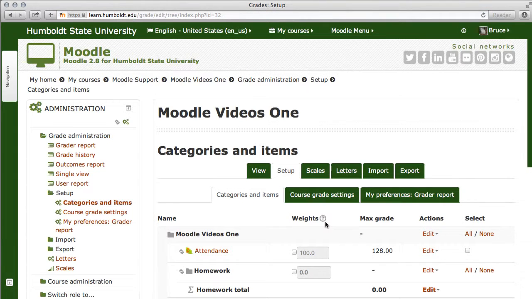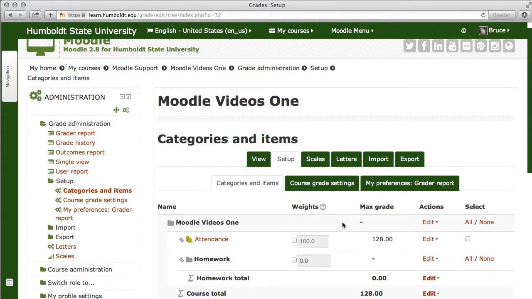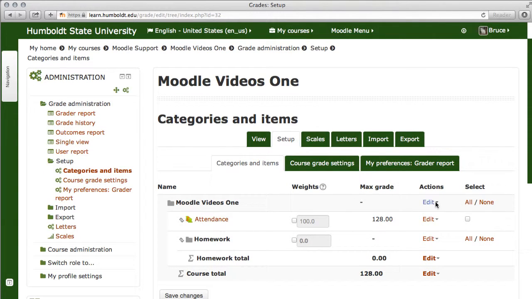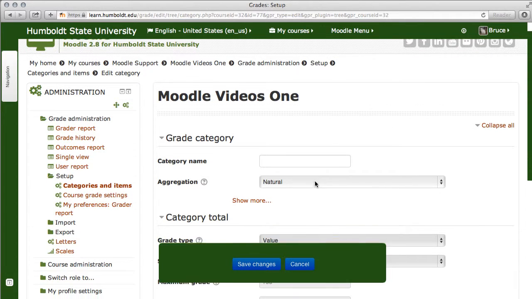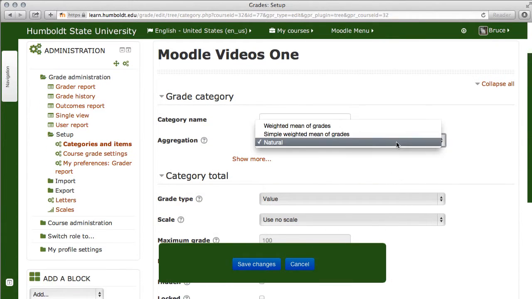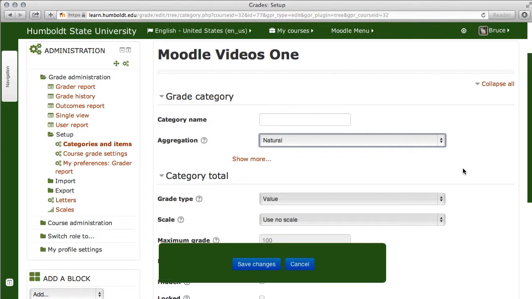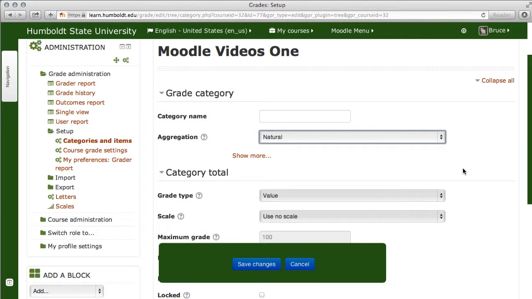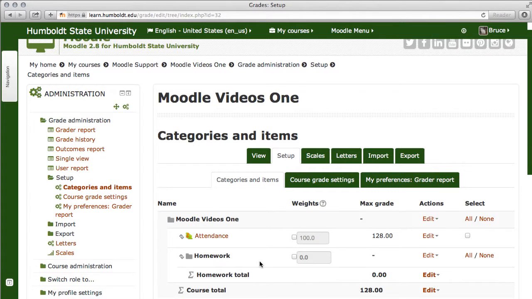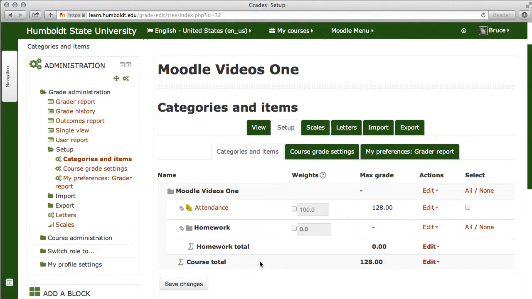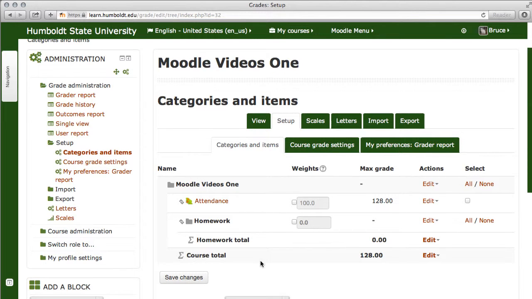The Moodle Videos 1 item at the top. Let's come over to the Edit in the Actions column, and let's choose Edit Settings. The category is already named. We don't have to name it again, and I'm going to ensure that aggregation is set to natural here too. This is like we did in the old one. We're going to scroll down. We're going to save our changes, and now our homework category and our class are both set to use the natural method. Categories organize things for both faculty and students and put like items together, and I think that's a very good way to keep things in order and to prevent confusion.